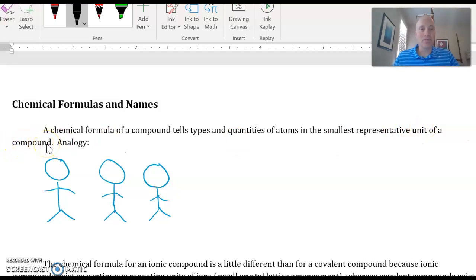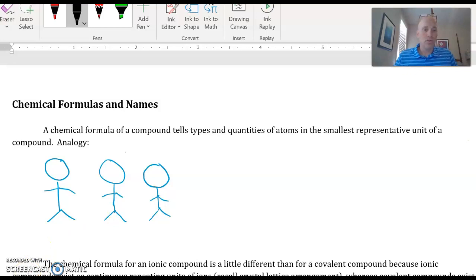All right. So what does that mean? Well, let's just use an analogy. If I were just to show you this representation right here, even though it's one single picture, I think that most people would be able to recognize that what you have is actually 3 copies or 3 units of a human stick figure. You don't look at this as just one unit right here. You see this as 3 separate units, and each of these units, which is a person, has certain abilities,